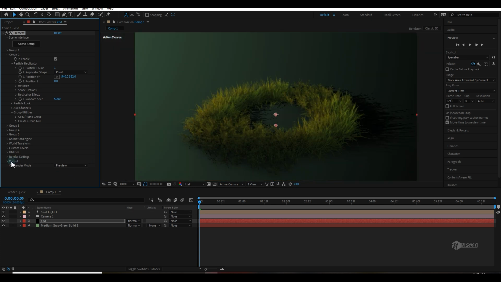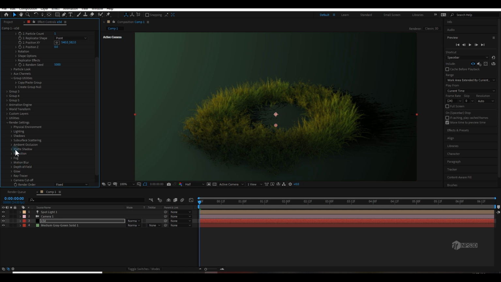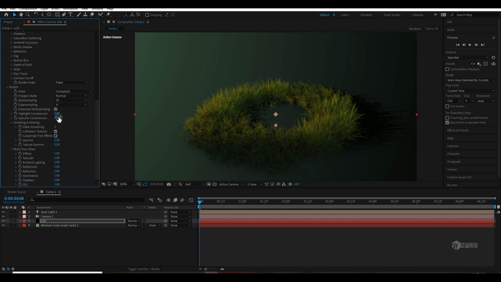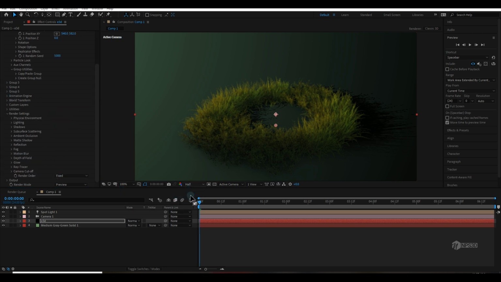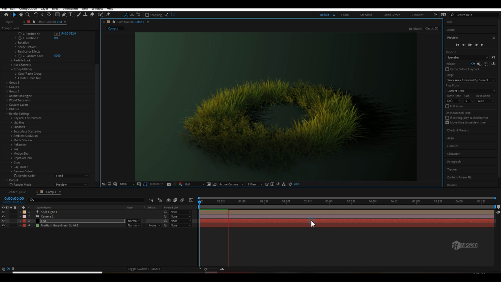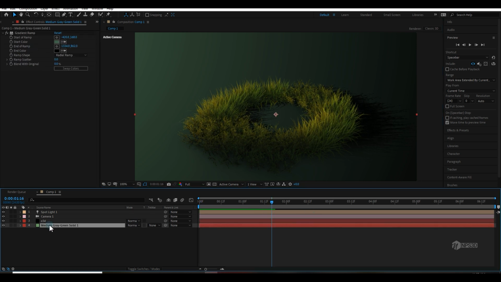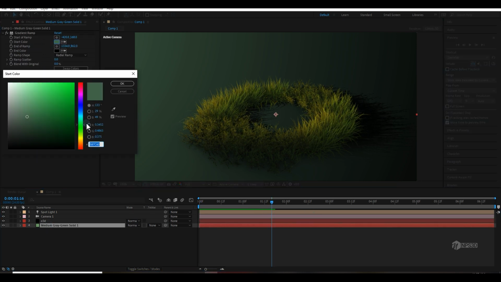So I am going to down the samples because my system is about to die, which I don't want. So you can see it's pretty good. And you can change the color anytime.